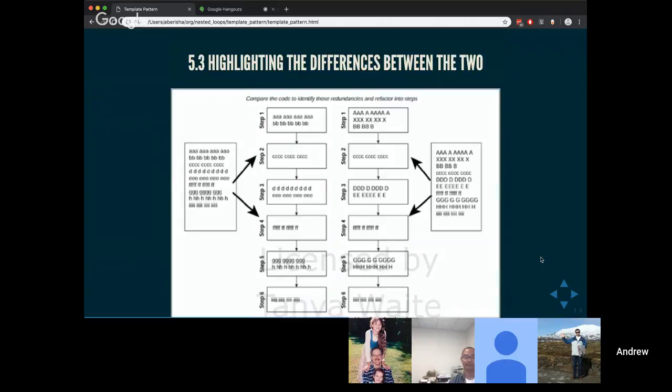Highlighting the differences between the two. I guess he's actually showing what's the same between the two. Yeah, he's trying to show you this stuff is the same, this stuff is not the same. And I guess capital D is a variant of D, whereas in some cases, like step 1, you have A, but then you have X, which is different, and B than step 2. So yeah, basically, that's hard. It's an interesting way of,